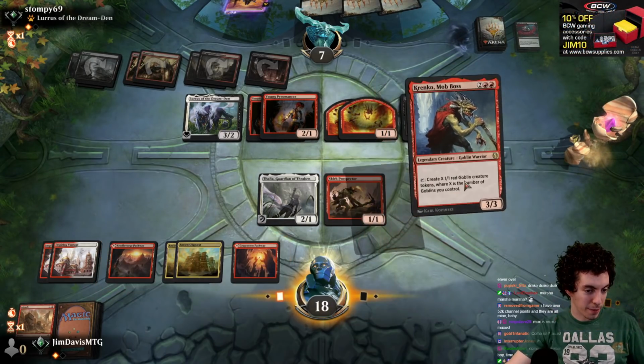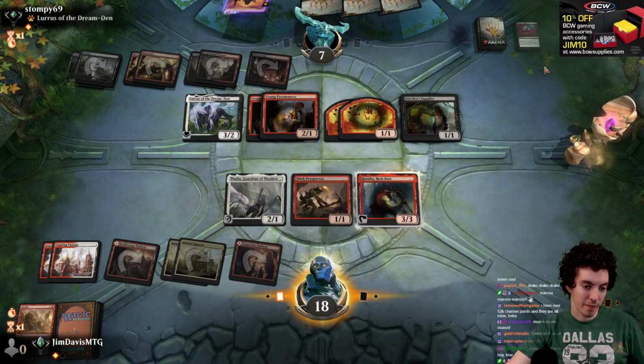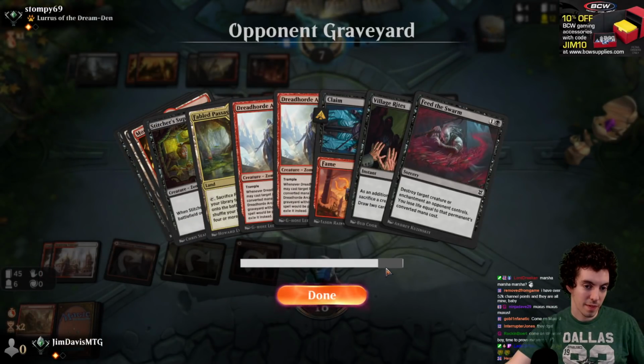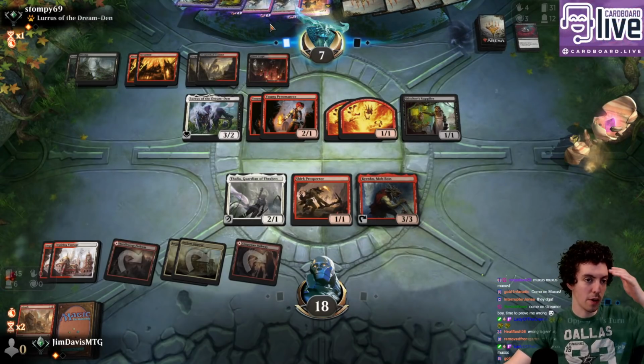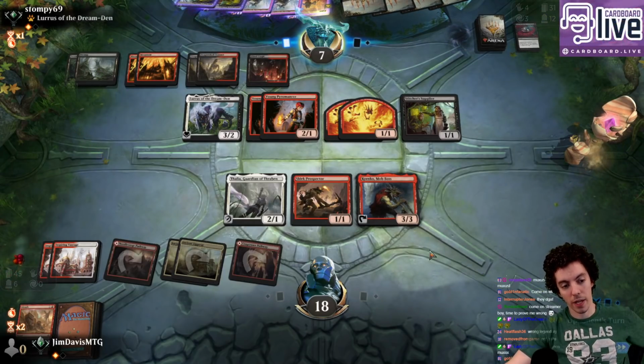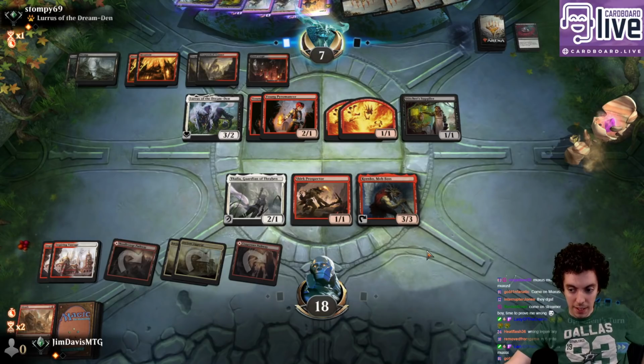Not good enough, probably. They have Claim to Fame and Feed the Swarm, so they can play the Arcanist, give it haste, attack, Feed the Swarm, the Krenko. They are at 7, but...